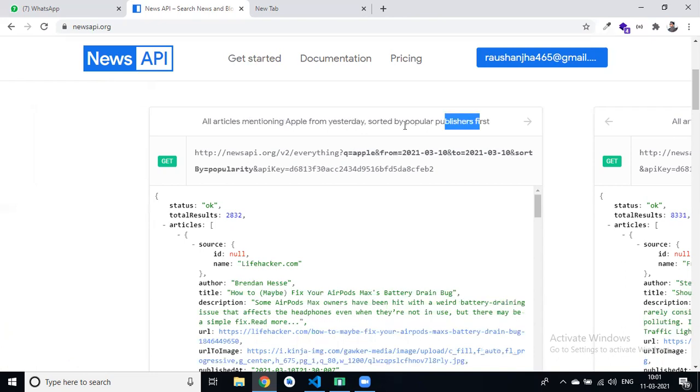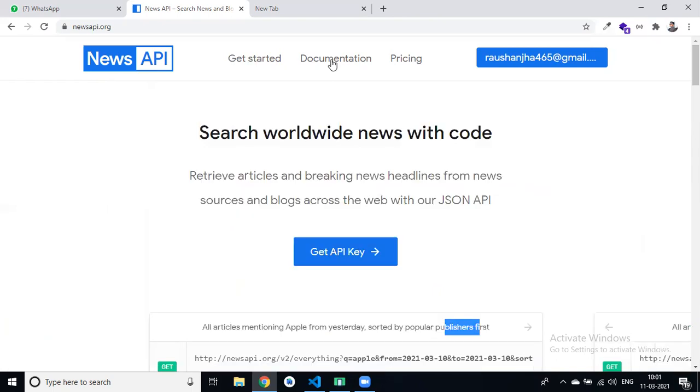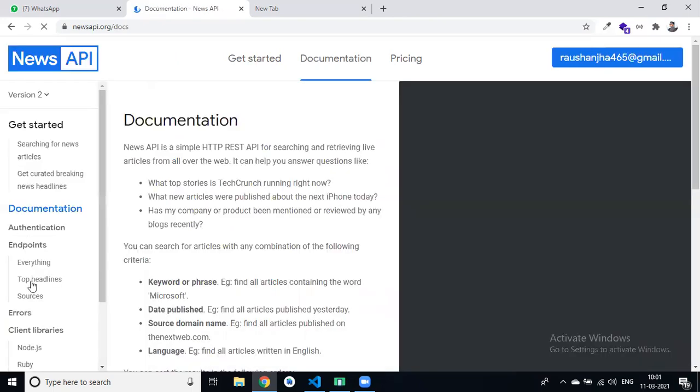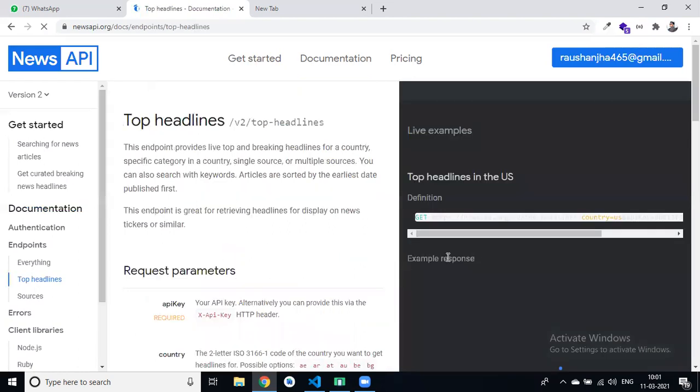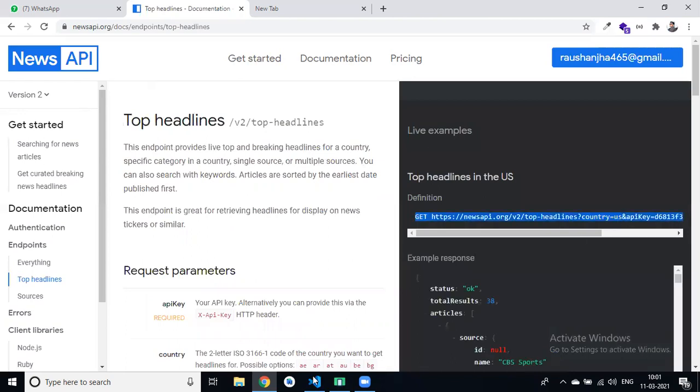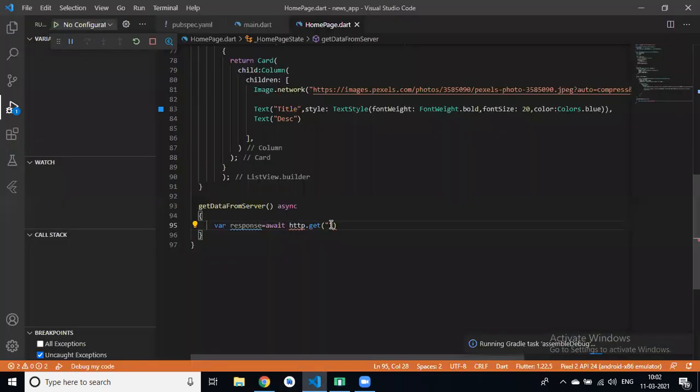So all articles are mentioned, okay, but we need top headlines, right? So in top headlines, simply copy this URL and paste it over here.